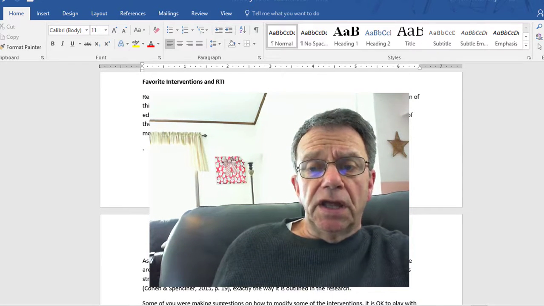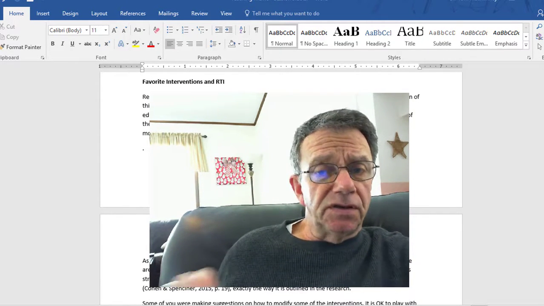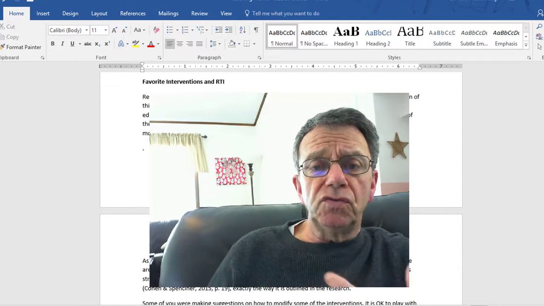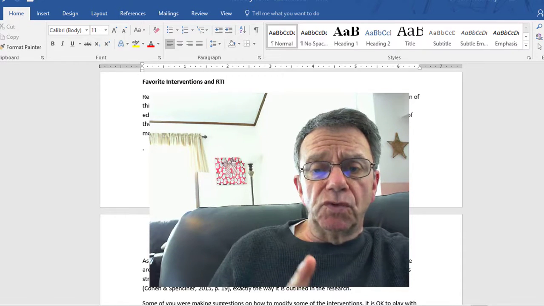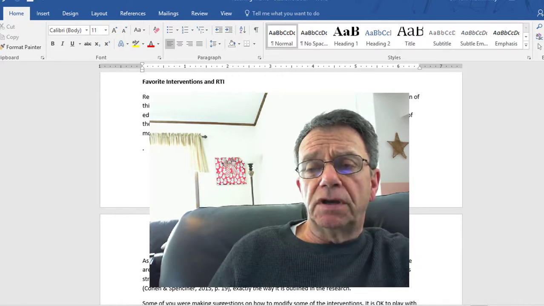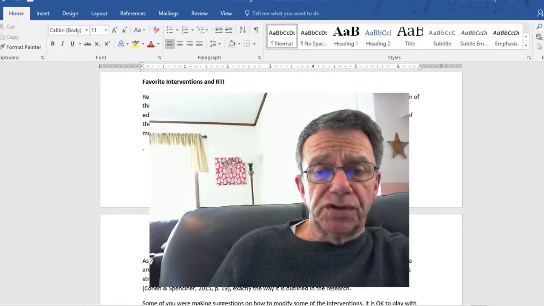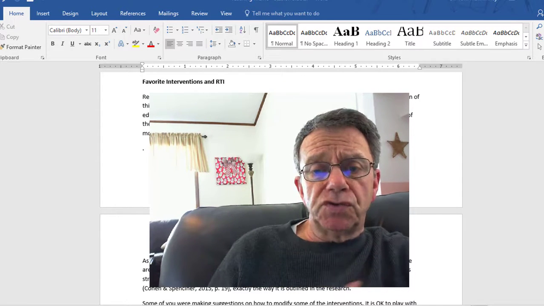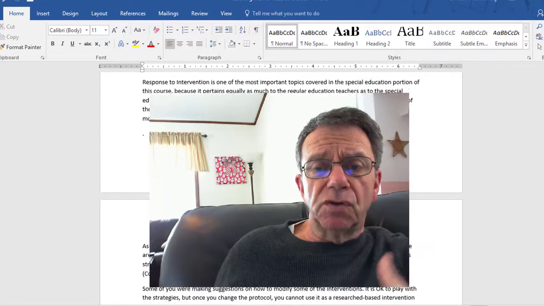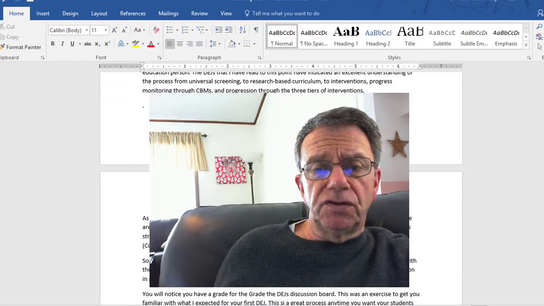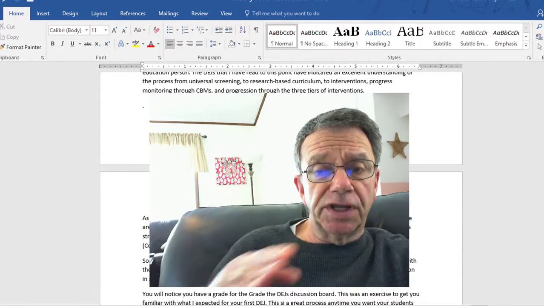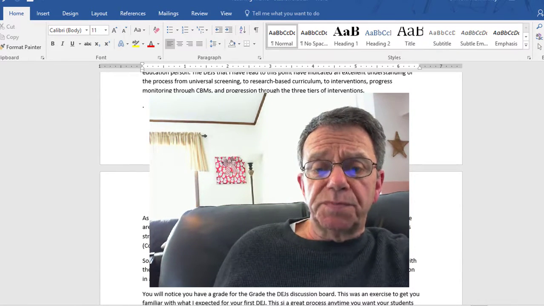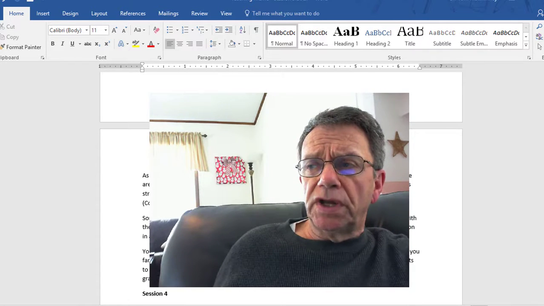Now, one of the things that a lot of people miss in their DEJs is talking about progress monitoring. So when you go into vocabulary in your own words and you define response to intervention, you better mention progress monitoring through the use of CBMs. So in every tier, every intervention that you use, there should be regular progress monitoring and charting of that progress. And you could see that in 1 in the Cohen and Spencer chapter, and 2, I think there was